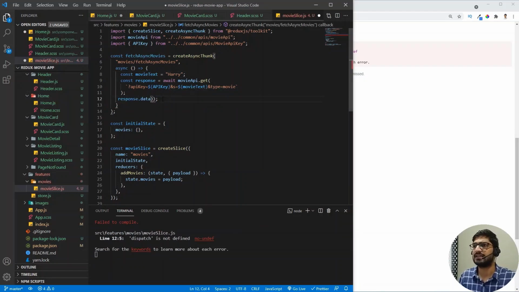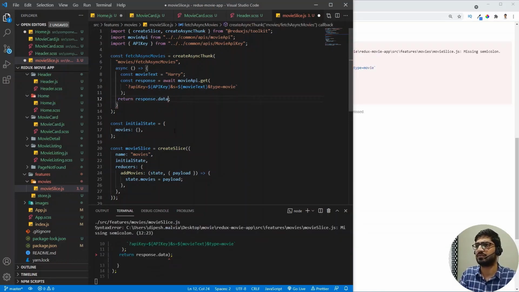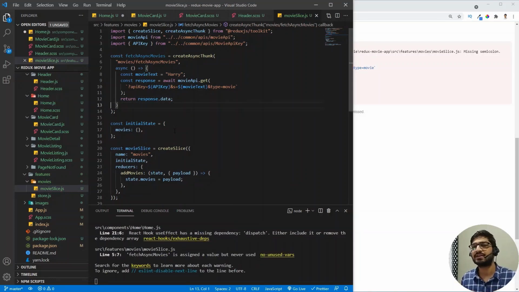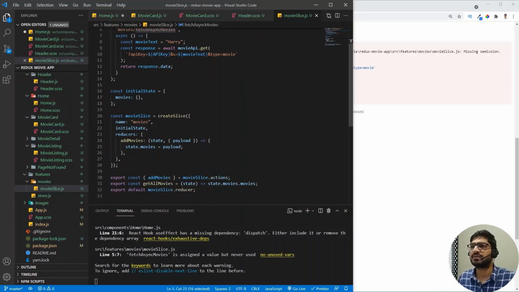So we are going to get the response and then we are just going to return response.data. So I'm just going to remove this. All right, so now we have returned an async action creator. And what we will have to do next is we are going to take this and we will be using